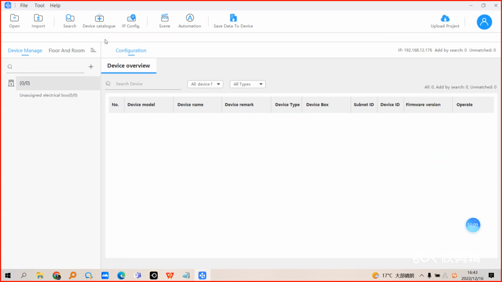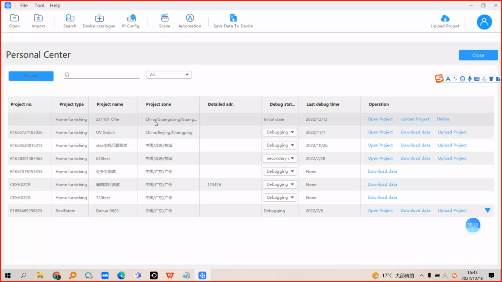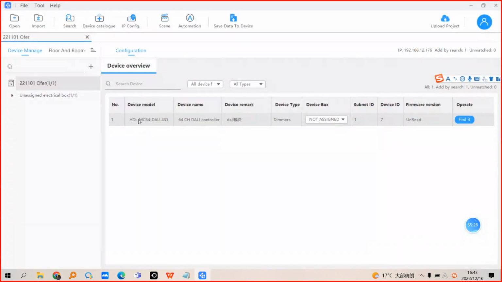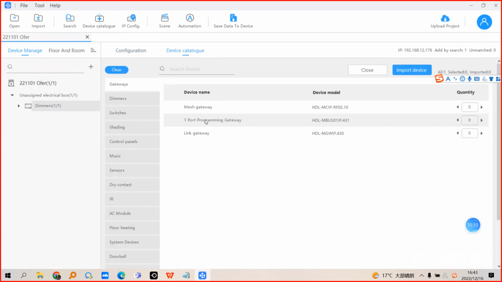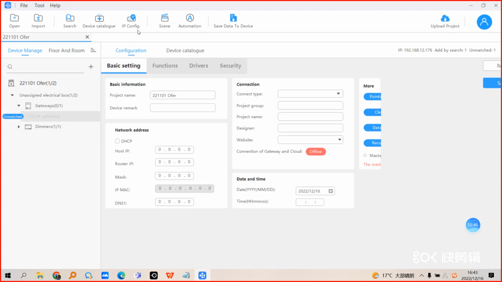So if you are using our link gateway, then you have to use our new software Studio to do the configuration, and you have to select. You can add the link gateway from here. So this is our link gateway. If you want to use this, please use our